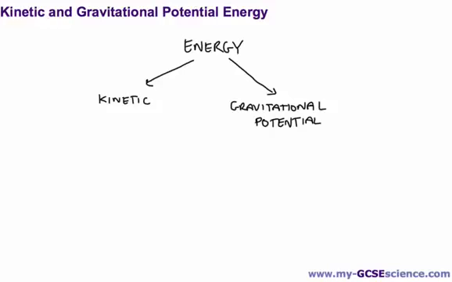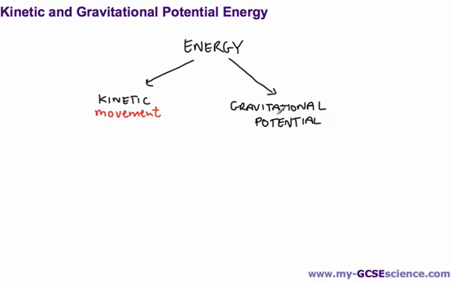There are various types of energy that we can talk about in physics, but today for this unit P2 for GCSE Science, we're going to talk about two kinds, and those are kinetic energy and gravitational potential energy. Now, kinetic energy is another word for movement energy. So anything that is moving has kinetic energy, and gravitational potential energy is the energy that something has because of